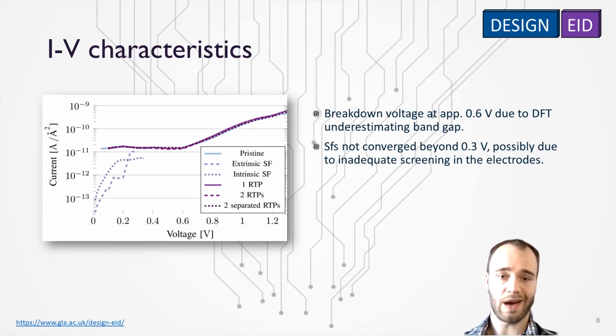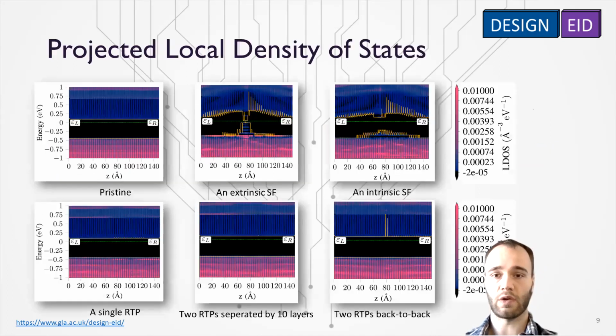To further investigate why these stacking faults dampen out current so much, especially for the low voltages, we calculated something called the projected local density of states. This is similar to what you might know as a band diagram. In fact, we've even shown the conduction band edge and the valence band edge in yellow, which is calculated automatically, which is why we have these fluctuations shown in these images. I didn't have high enough sampling in my calculations, so just disregard that.